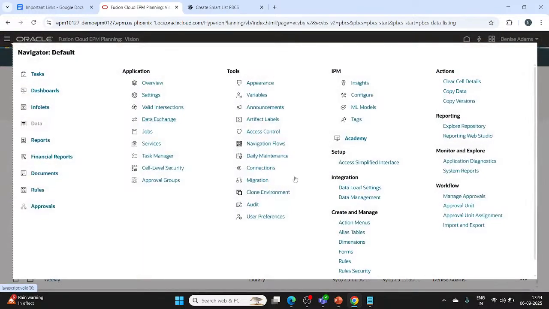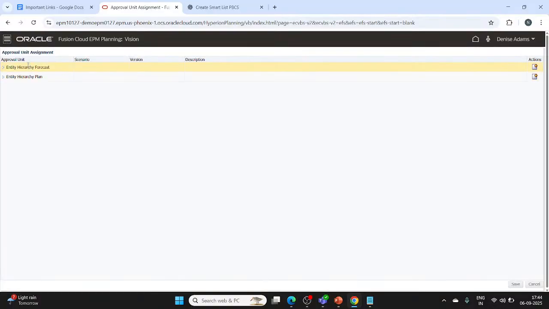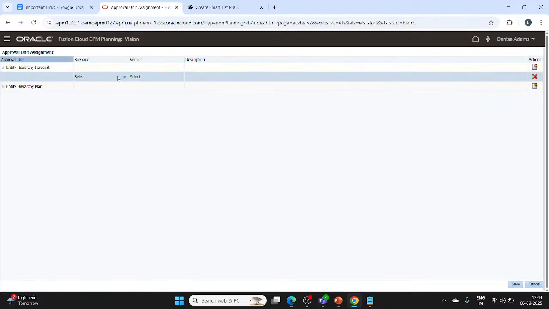This is a simple process which we can do, like in approval unit assignment. We can see here the approval unit assignment under entity hierarchy. Entity hierarchy, when we click on action,